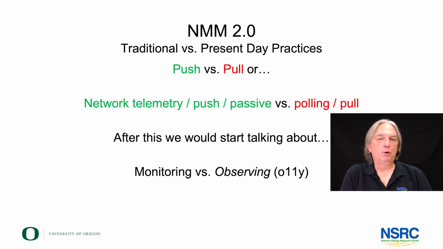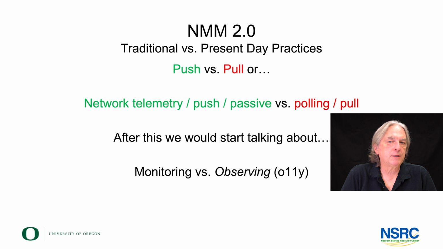So, old school model, push versus pull. What we mean by push is network telemetry. This is a concept where perhaps the device that you're interested in, or the service, the program, whatever it may be, is sending you data actively rather than you polling it. That's a nice concept. The reality is you may still need to poll to get this information, but you may do it in slightly different ways than we have done traditionally.